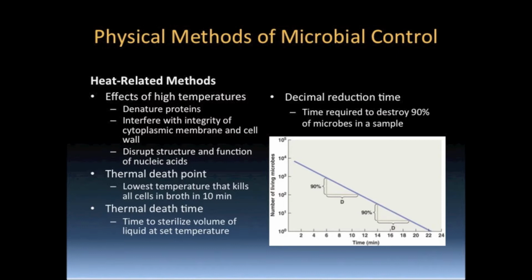Microorganisms vary in their susceptibility to heat, and we must take this into consideration when we elect to utilize heat as a method of microbial control. To sterilize using heat, we must consider the required temperature and length of exposure. The terms thermal death point and thermal death time reflect a combination of temperature and exposure. The thermal death point is the lowest temperature required to kill all microbes in a sample within a 10-minute period